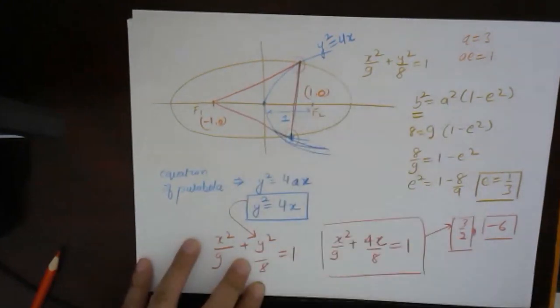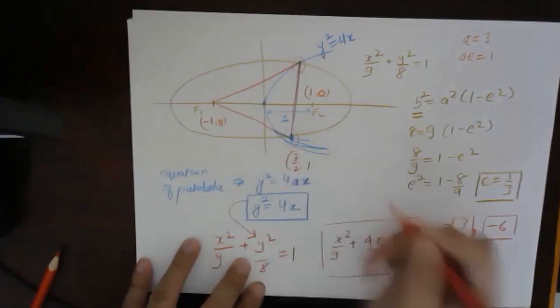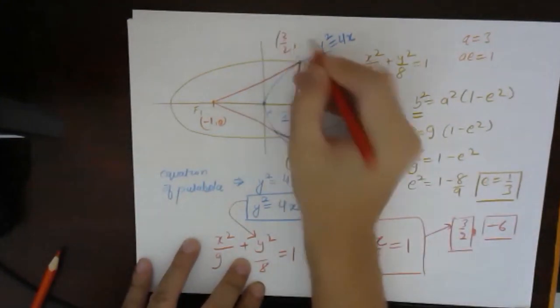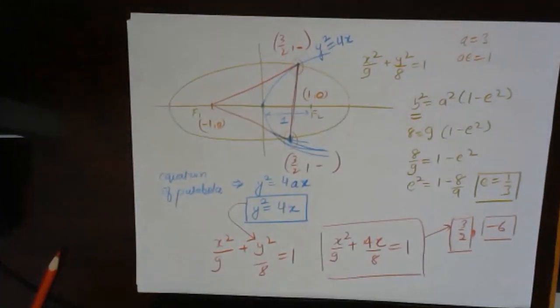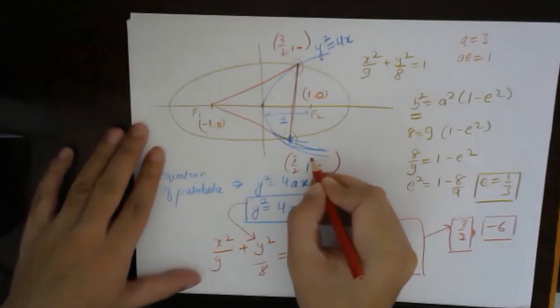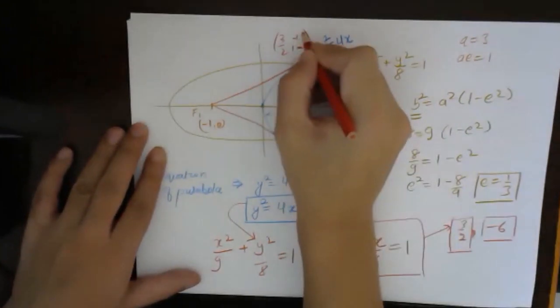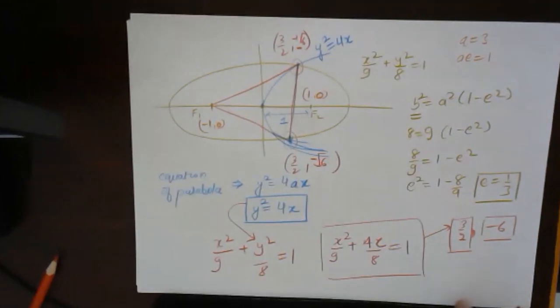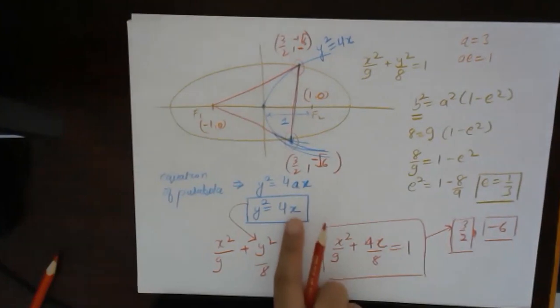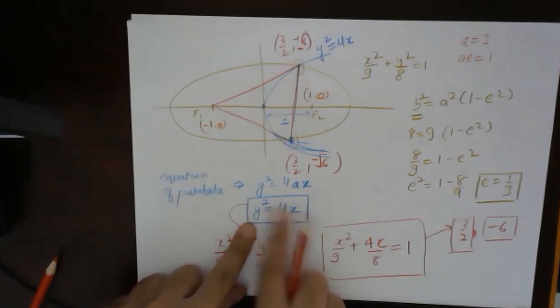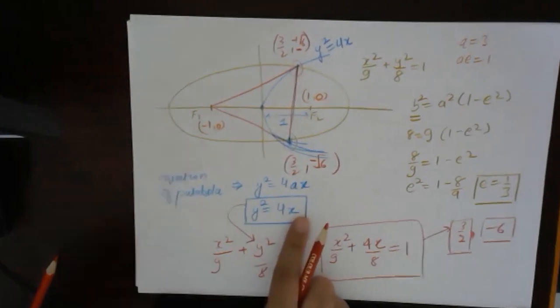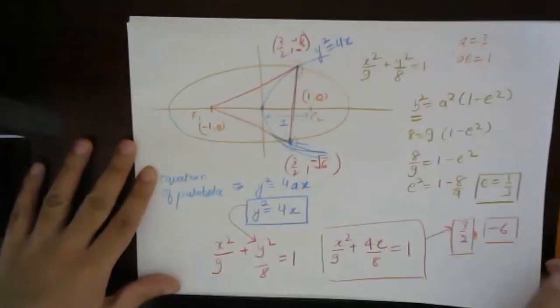Yes. So we will have 3 by 2 comma something. So you have to find the value of y. Y equals plus minus root 6. So if we substitute the value of x, 3 by 2 here, this will be 9 by 4 and this will be 6, so y square equals 6, so from y you will get plus minus root 6, correct. So you will have 2 points. Okay, just check this.